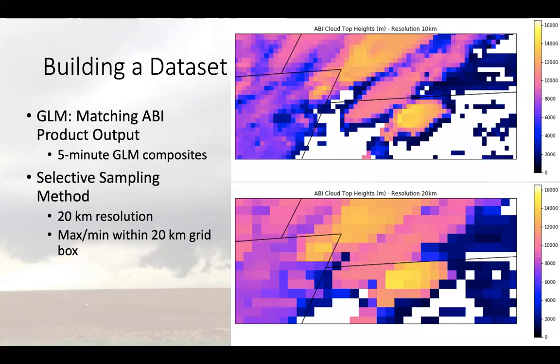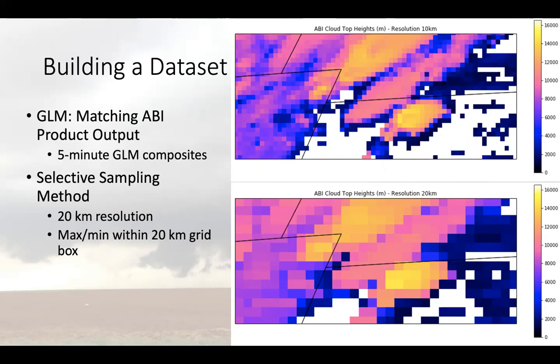Now, when taking the data sets and merging them together, we took the GLM gridded output and we matched it to the ABI temporally by creating 5-minute GLM composites of the data. We also then used a selective sampling method, which put all of the data onto the same resolution at 20 kilometers. We could have gone with the 10, but we ended up going out to the 20 in order to incorporate any kind of rapid changes